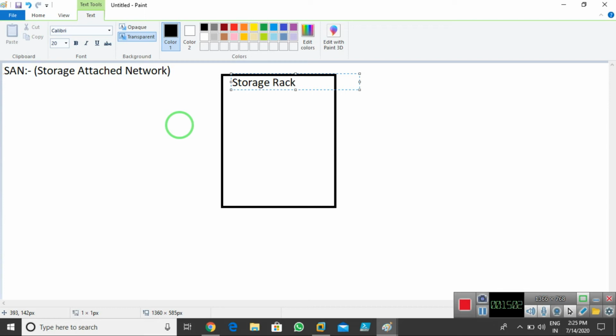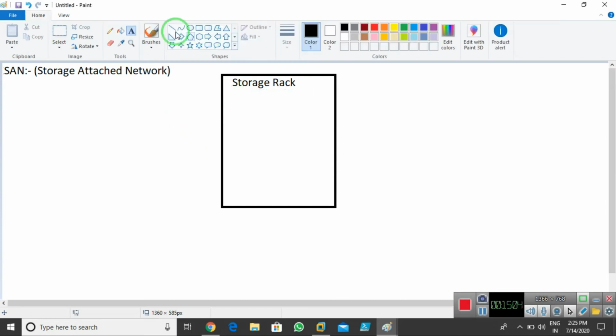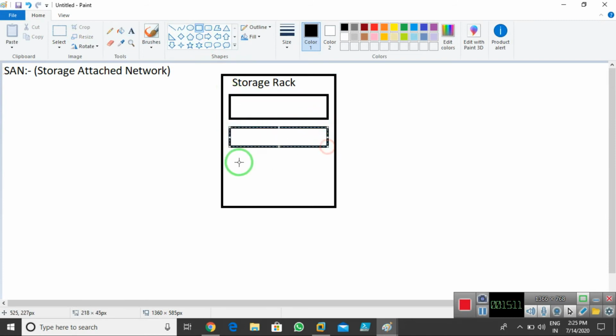Now in that rack we have some hard disks attached like this. This is my hard disk 1, hard disk 2, hard disk 3, and hard disk 4. We have 4 hard disks.